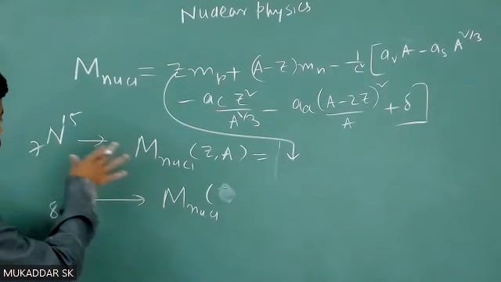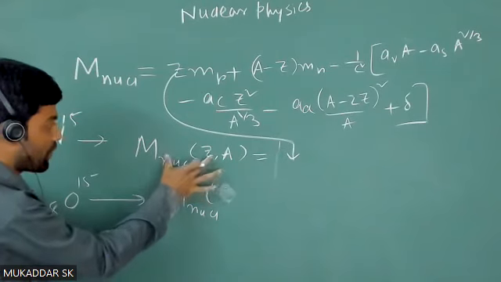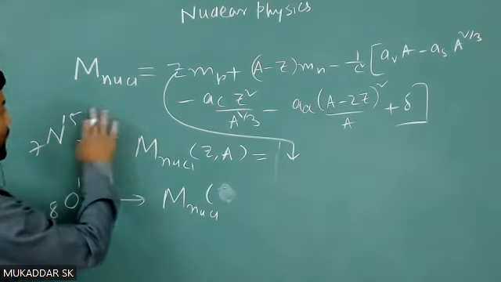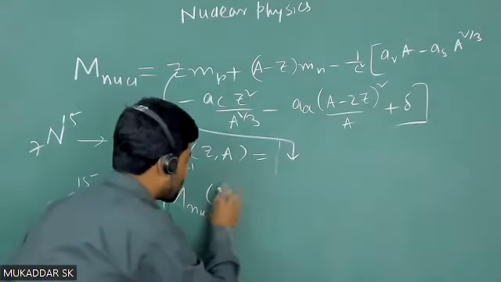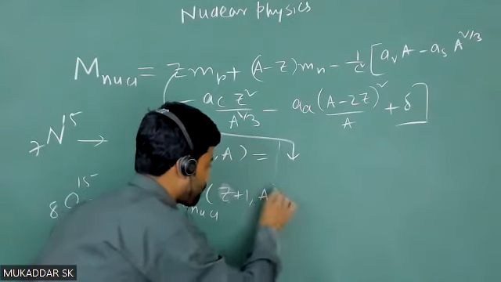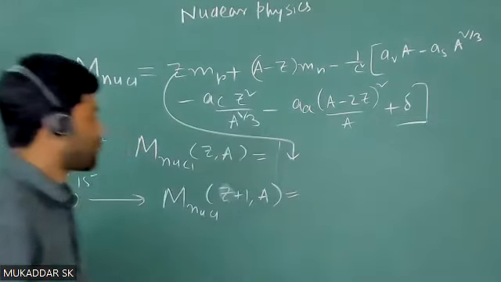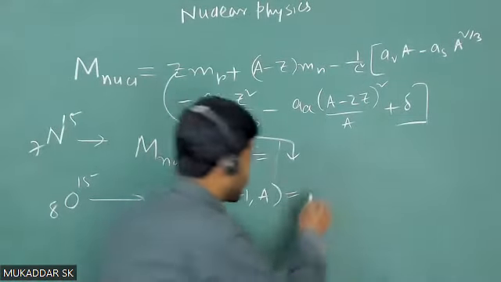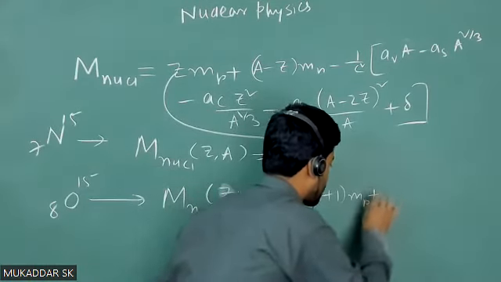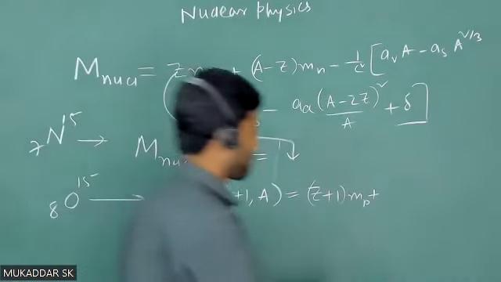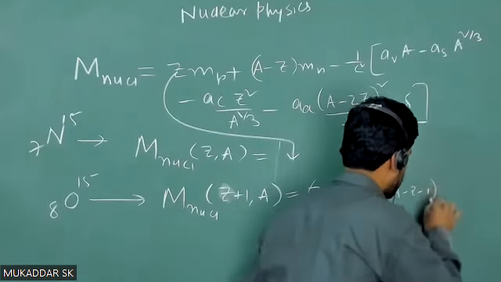ठीक है ना. तो यहाँ पे देखो, नाइट्रोजन के लिए ये सिंबल यूज किया हूं, जहाँ पे Z कितना है, 7 है, A क्या है 15 है. तो इस न्यूक्लियस के लिए, यहाँ पे Z, और मास नंबर क्या है A. अब यहाँ पे आपका जो ये मास है, थोड़ा मॉडिफिकेशन आ जाएगा. यहाँ पे Z के प्लेस ऑफ, you have to write Z plus one into Mp. Then the next term क्या आ जाएगा आपका, A minus Z minus one into Mn,